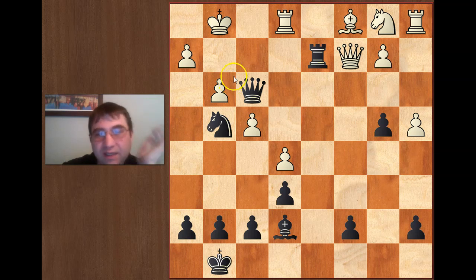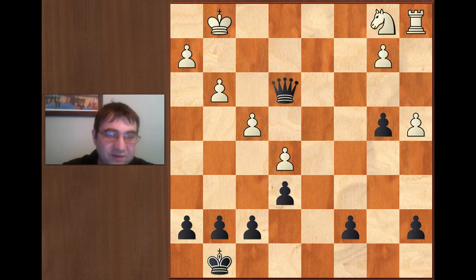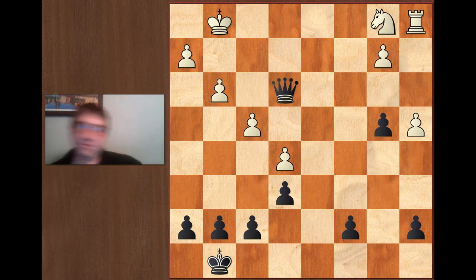But literally anything that we capture this rook with will lead to mate in some way. So if we capture with the bishop or the knight, we're getting checkmated with queen f2, queen h2. And if we capture with the queen, we're running into bishop c5. So they would have to play queen d2, bishop c5, and then they would have to lose their queen. So this is a little bit of preparation that I would like to pull off at some point, but basically it kind of revolves around